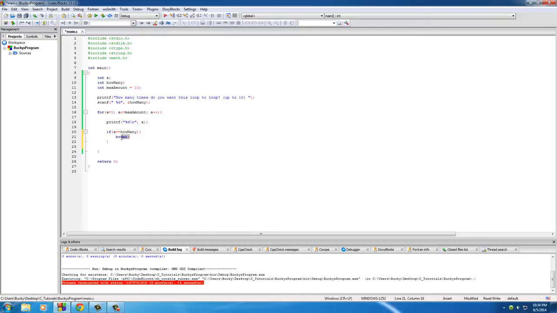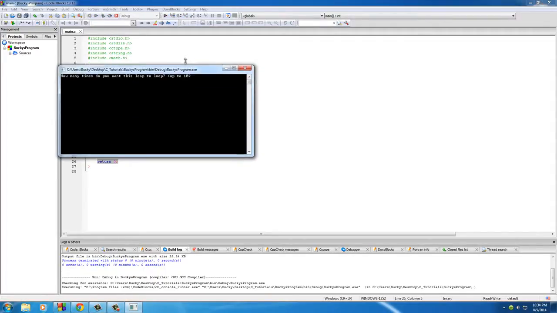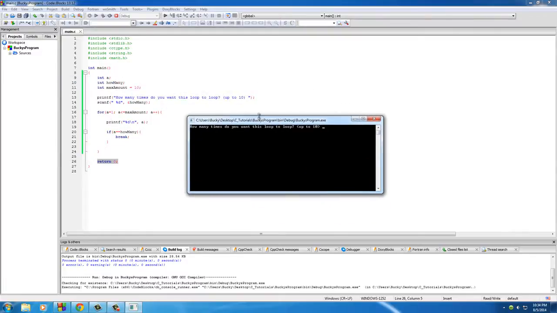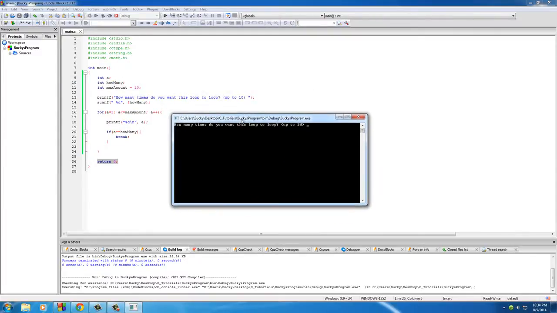Now what break the loop is going to do is it pretty much says, okay, what loop is occurring? Well, it's this loop right here, the for loop. So I'm going to stop that and then just continue on to the rest of the program, which is pretty much just end the program, return 0. So now, let me run this. Actually, let me give myself a little more space. So how many times do you want to loop this loop? Well, I only want to loop it 5 times, so hit enter, and there we go, 1, 2, 3, 4,